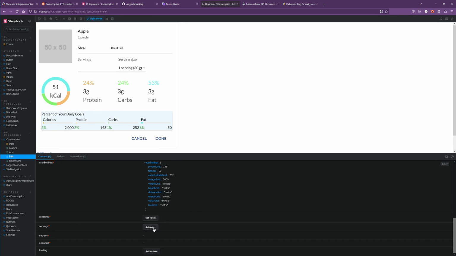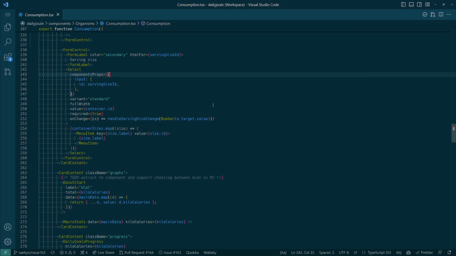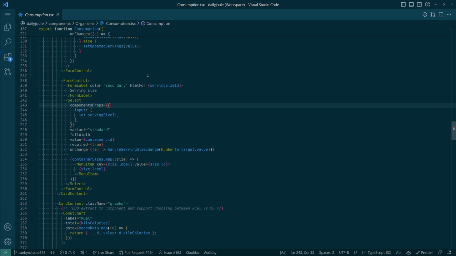Maybe it should default to 1 if nothing is set? Like if we set this to be a 1, yeah, so the issue is that